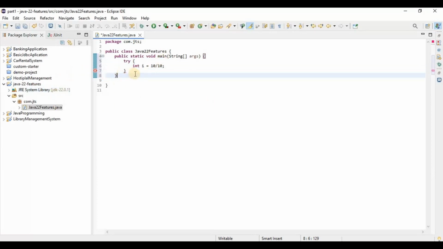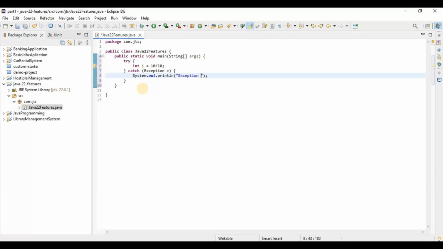Okay, so for that we need to write some catch over here, and here we need to define the exception class, or whatever the exception is. Based on that we need to define the exception over here. Now let's say we are putting some log over here. So let's say we can write something